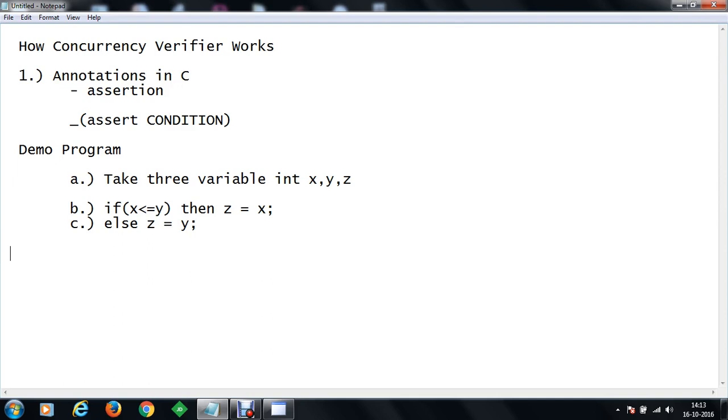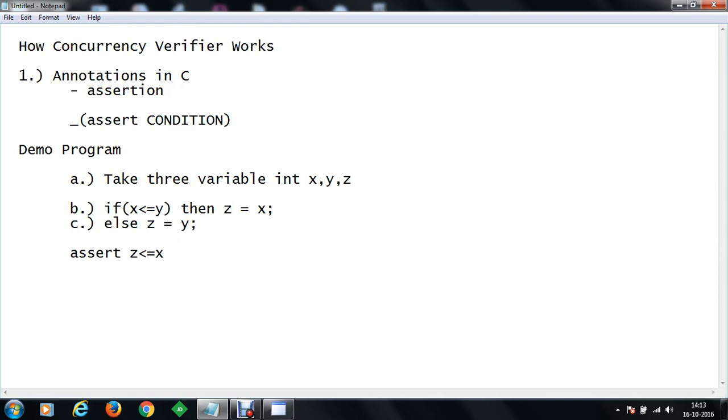So we are going to write a program somewhat like this, and we are going to assert that once the program has been executed, z will always be less than or equal to x. So we can also say that we are writing a program which defines that z will always be the minimum of x or y. Clear?